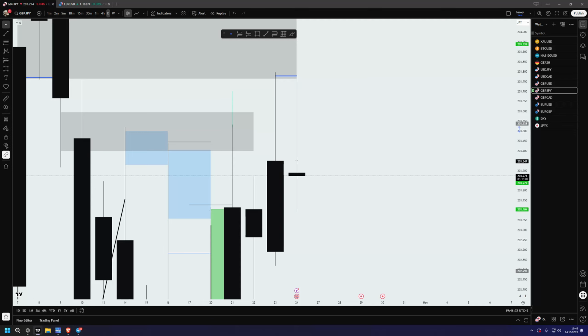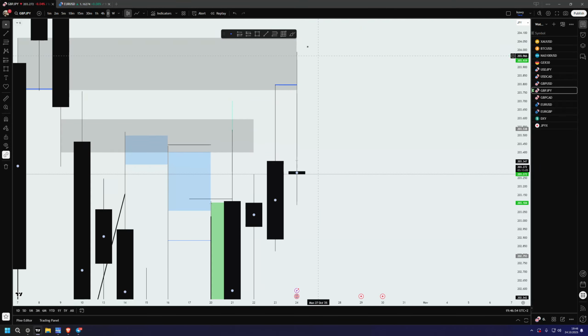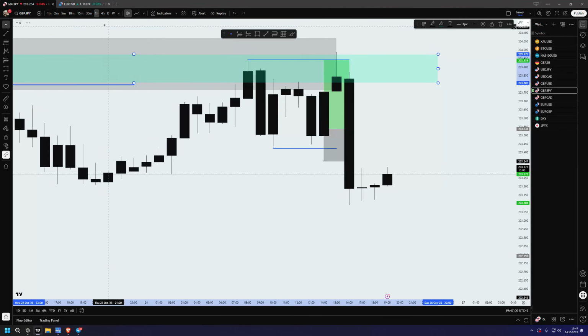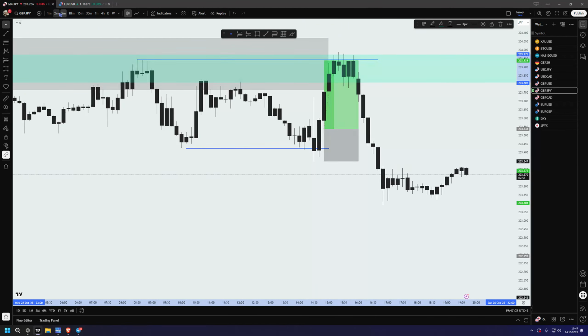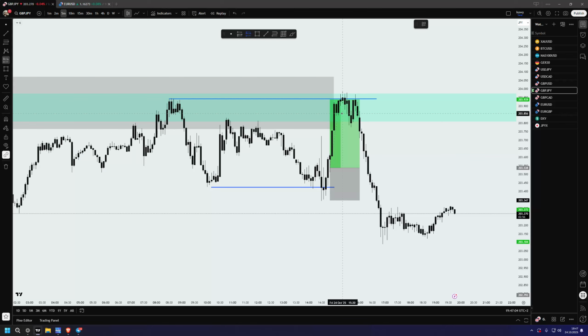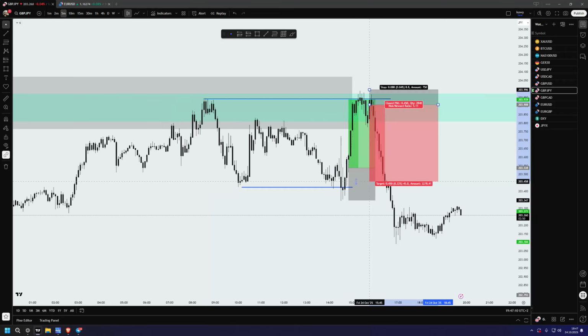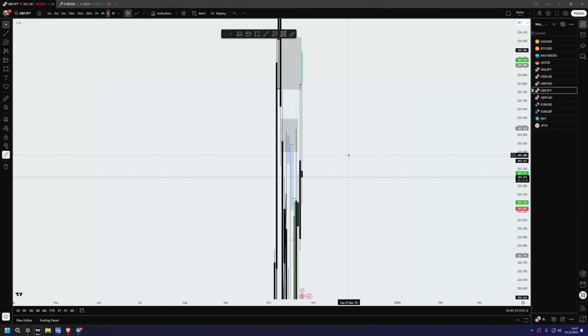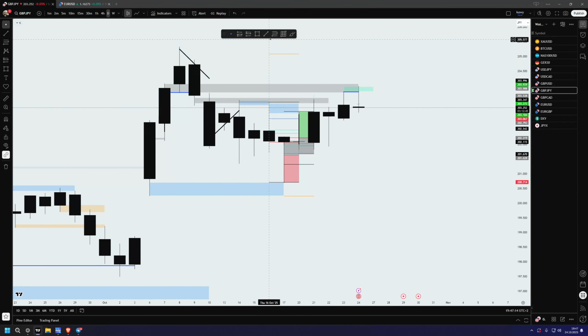And then as you can see we had another CRT sort of, but on the daily. So I could have traded the short here, but I didn't, and my entry trigger would be this EG, and then I would target this low,